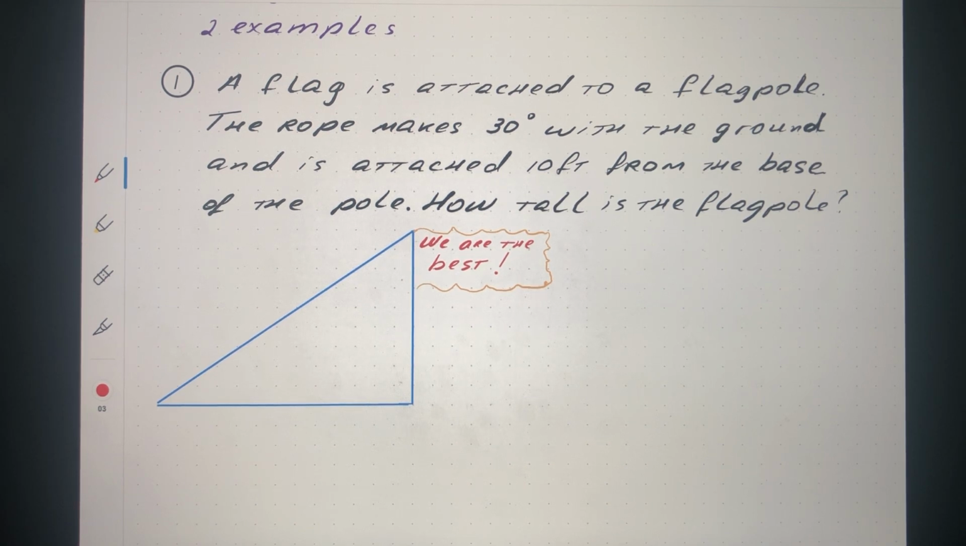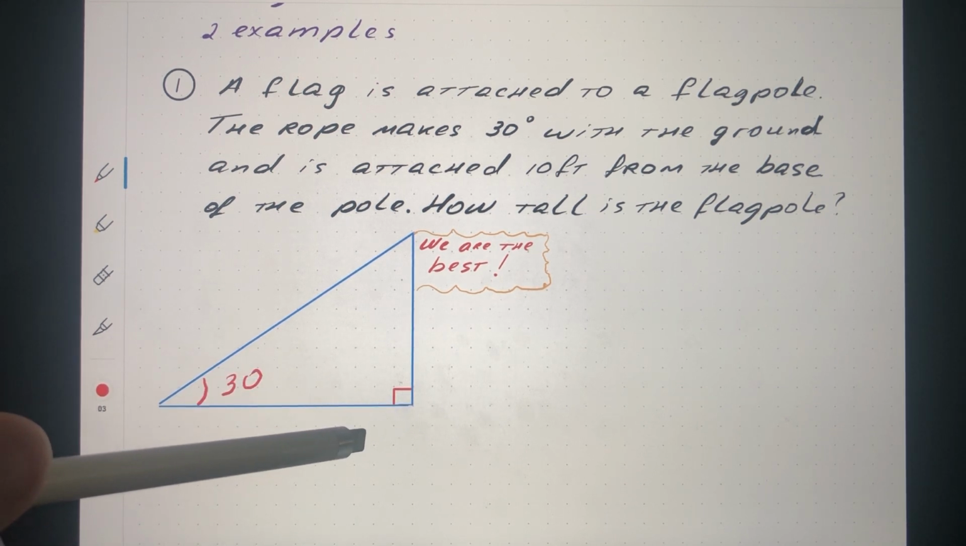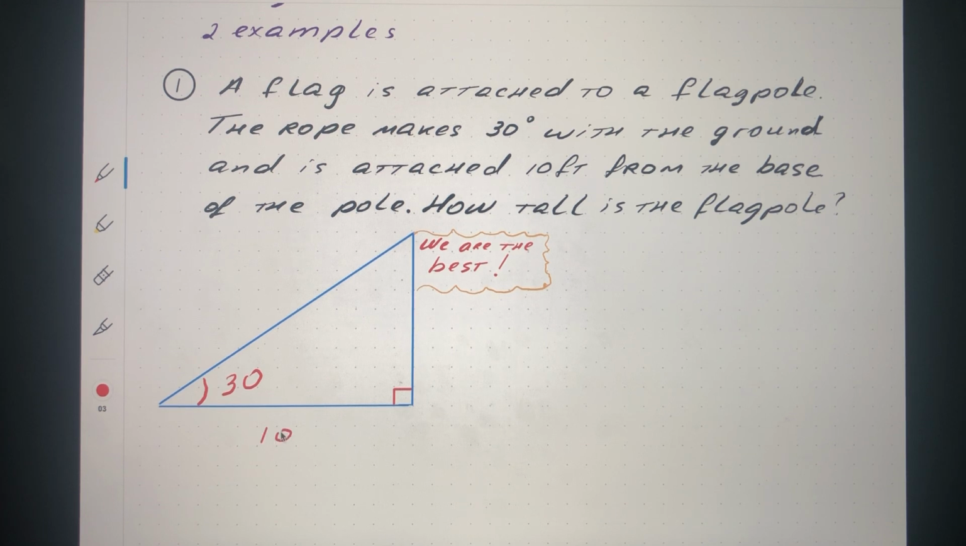Well, let's put the information in the picture. So the rope makes 30 degrees, well, that makes 30 degrees here. The pole is assumed to be perpendicular to the ground, and so this would be 90 degrees. And then it is attached 10 foot away from the base, so that means this side is 10 foot. And the question is, how tall is the pole? So with that information,